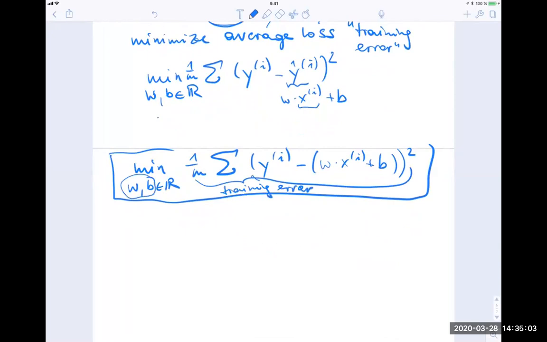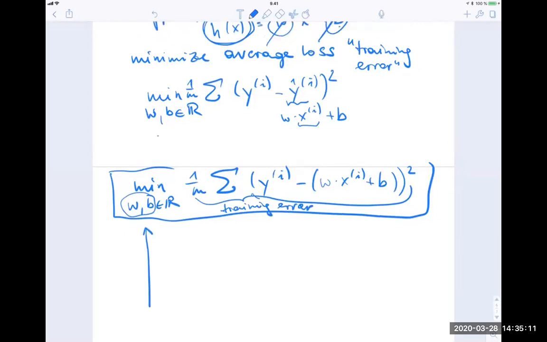So machine learning methods, in some sense, are optimization methods. And the nice thing about this particular combination of linear predictors and the squared error loss is, when you look at this optimization problem